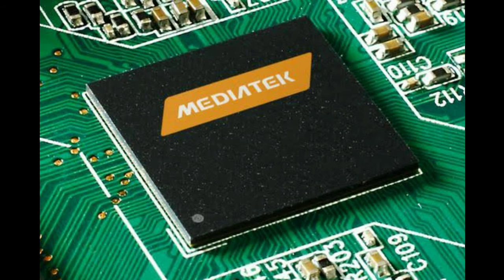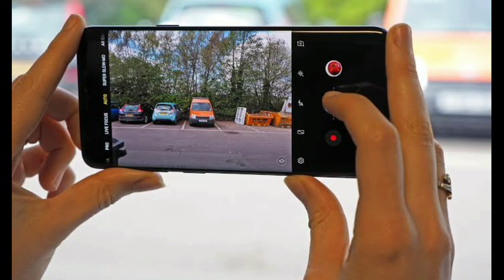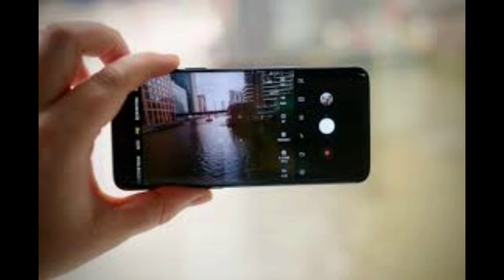And the fifth specification is camera quality. The camera is used to capture things, and images are stored in your device. The cameras are arranged in the front and back of your mobile.